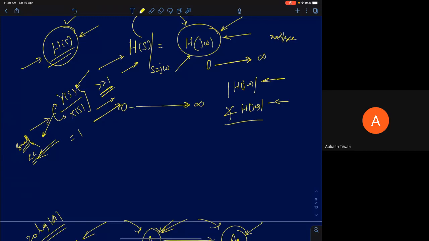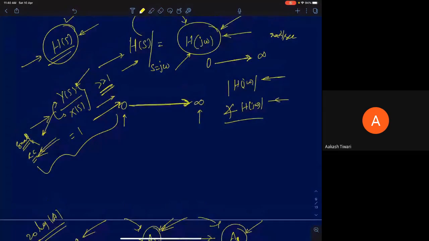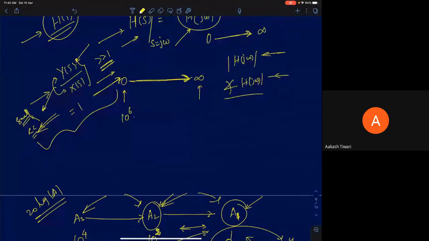One first obvious reason, which I discussed just now, is also one of the reasons. But one obvious reason is whenever you have large variations, your frequency is going all the way from 0 till infinity. Similarly, the amplifier gains can vary all the way from say 10 power 6 or 10 power 7, much higher gains, to all the way to 0. Again, amplifier's gain can also vary significantly. It can have large variations. Whenever you have such large variations, it becomes much more difficult to show on a linear scale.